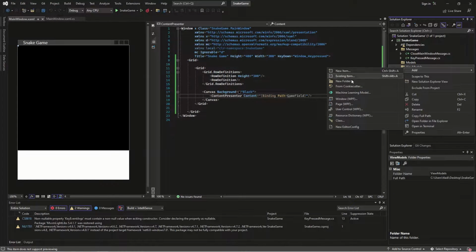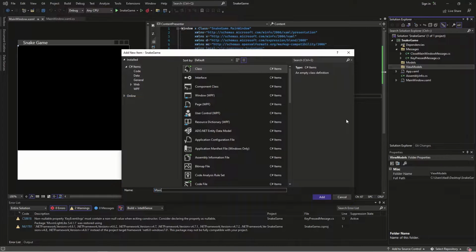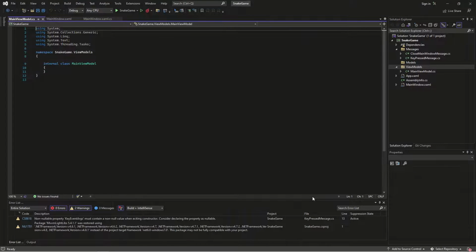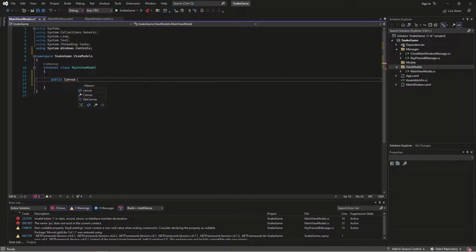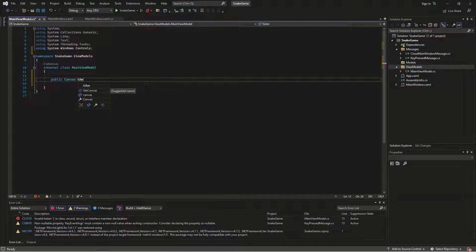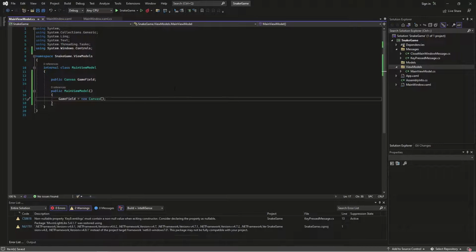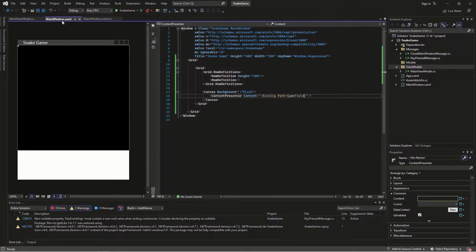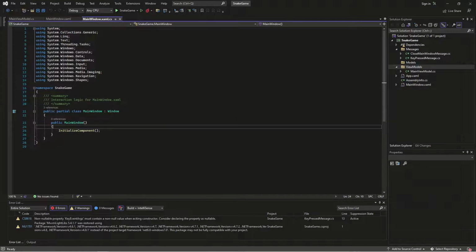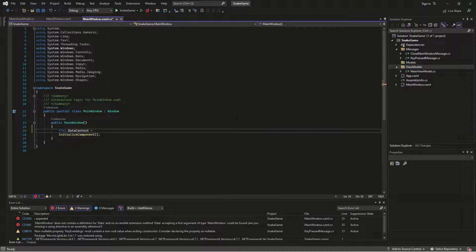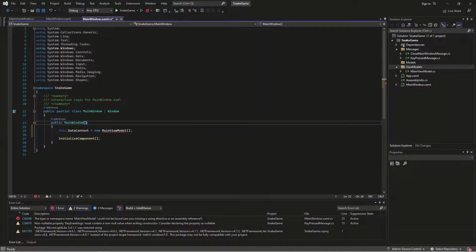Right-click on the View Model folder and add a class. Name the class MainViewModel. In the MainViewModel, create an object of type Canvas and name it GameField. Create a constructor and give GameField a new instance. Let's go back to our main window XAML code and look at the code behind it. In the main window constructor, assign its data context to new MainViewModel. By doing this, our main window XAML code will be able to bind to objects that are declared in the